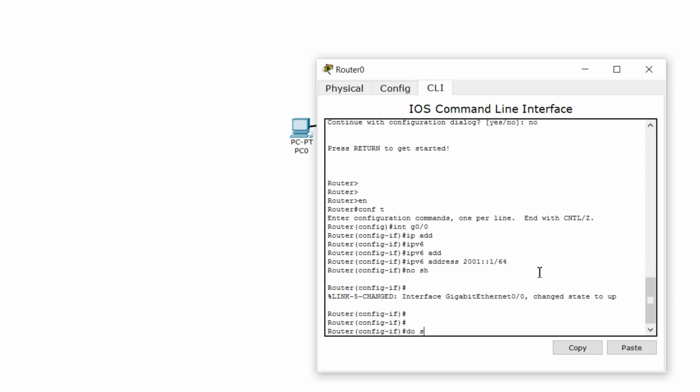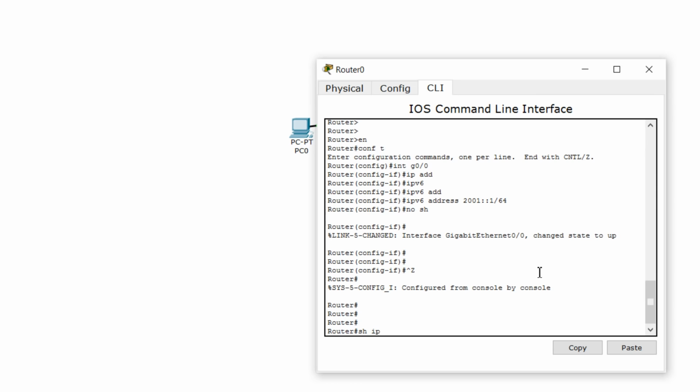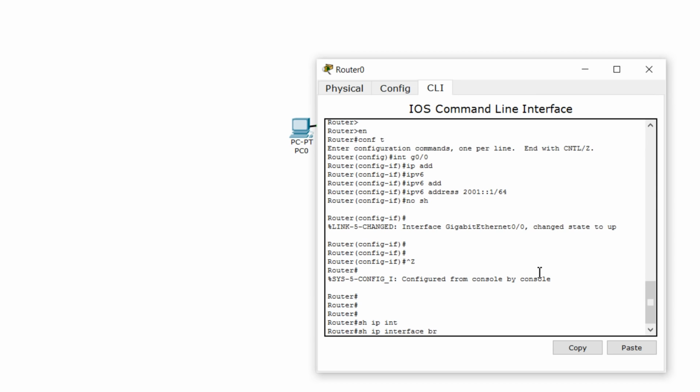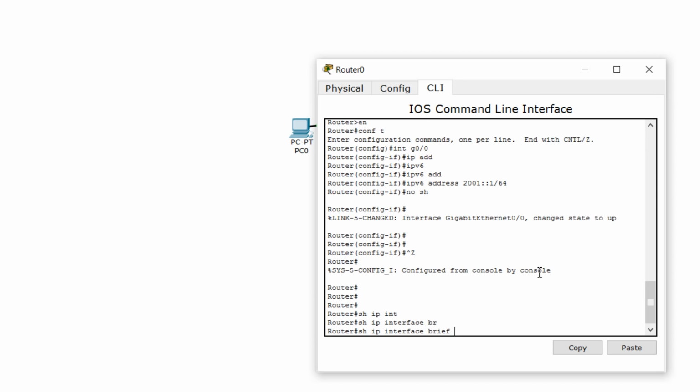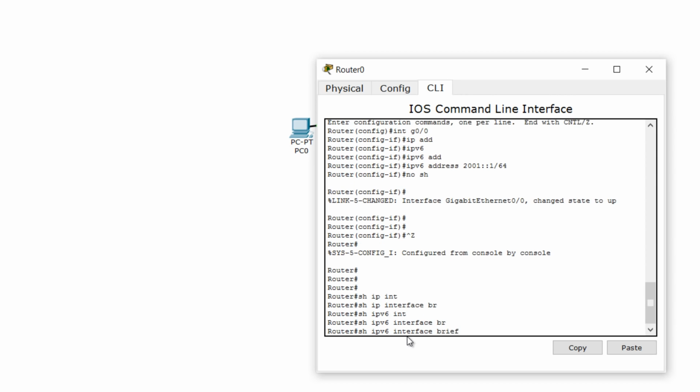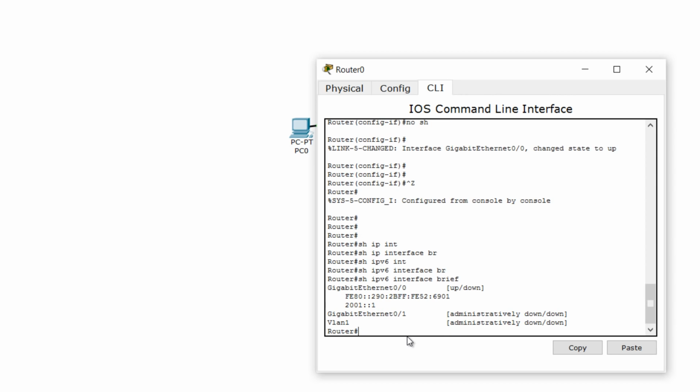Let's say do show. How did we do my favorite command? Show ip interface brief. That was the way we did for IPv4. Now how do we do it for IPv6? Absolutely right, we just add IPv6. Everything IP we change with IPv6. So show ipv6 interface brief would give me the interface brief of